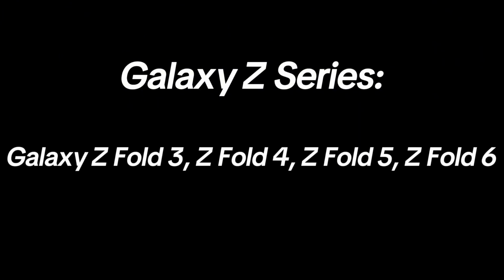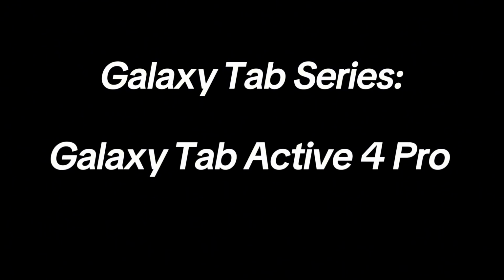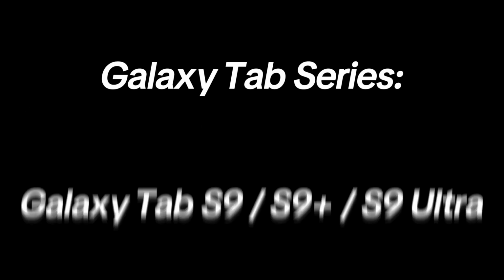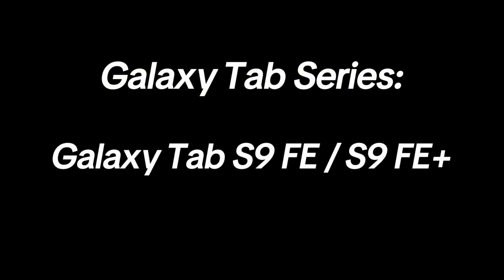3, Z Fold 4, Z Fold 5, Z Fold 6. Galaxy Tab Series: Galaxy Tab A9/A9 Plus, Galaxy Tab Active 4 Pro, Galaxy Tab S8/S8 Plus/S8 Ultra, Galaxy Tab S9/S9 Plus/S9 Ultra, Galaxy Tab S9 Fan Edition/S9 Fan Edition Plus,